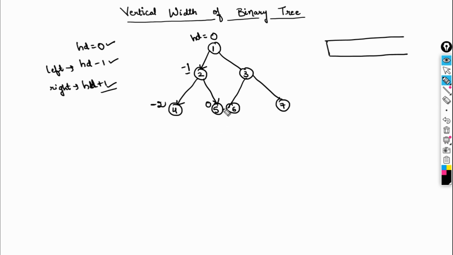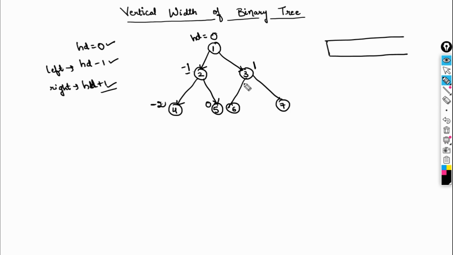Right, now we don't have any child, so return back and come to the node 2, and both the children of 2 have been covered, so again go to the first node, come here, right? Till now the status is ht 0 here, minus 1 here, minus 2 here, and 0 here. Now you need to make the call on the right side. If you want to make a call on the right side, we have to do ht plus 1. ht is 0 at this point, I have to make it 1, right? Okay, I have made ht as 1.